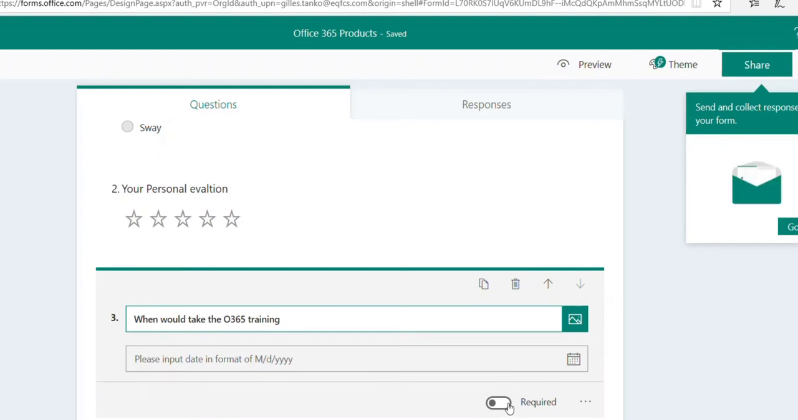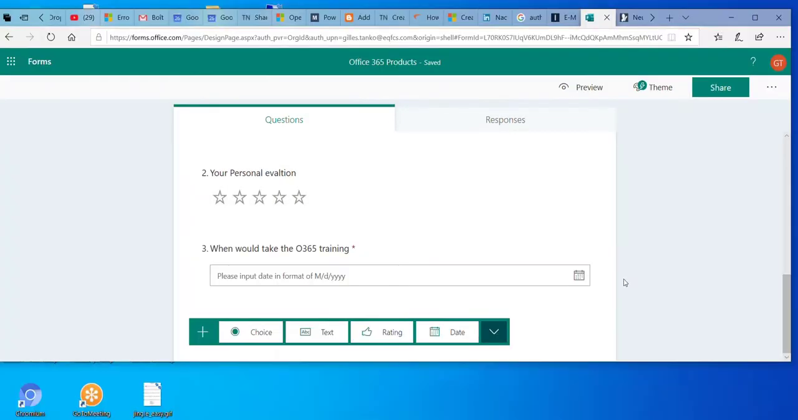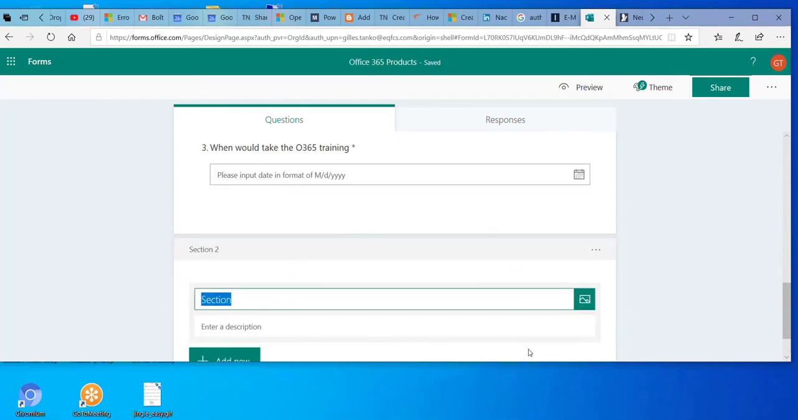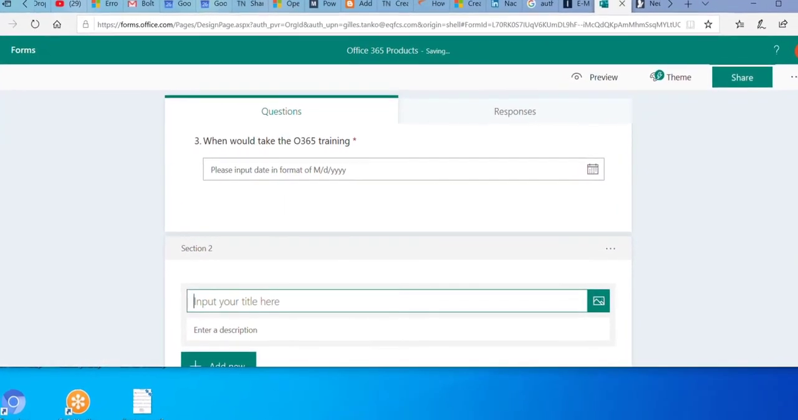Now I can say whether some questions are required or not, and here I can add more pages if I want my form to have more than one page. If I want to build it on many pages, when I hit add, I can create another section so that my form will be divided into many pages or sections. Then the second section can be